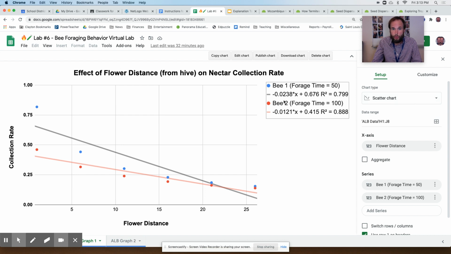Okay, of course, you want to give your graph a descriptive title. You want to label your y-axis. You want to label your x-axis. You want to make sure everything is clearly visible, so you might want to change the font size a little bit. But really, these are aesthetics. We just want to make sure that we can